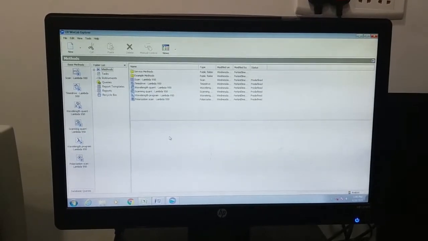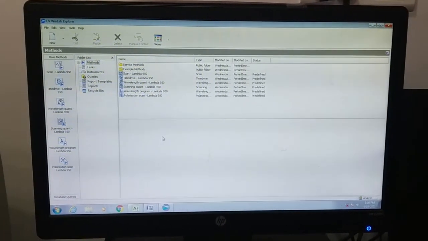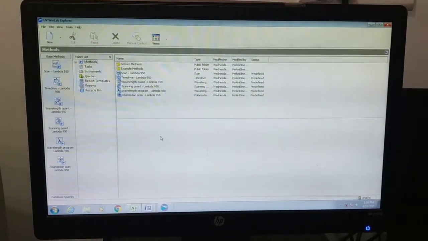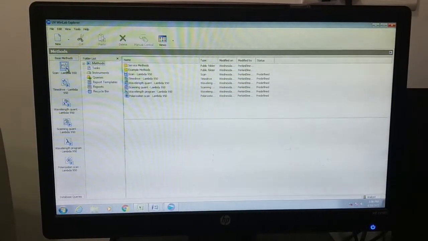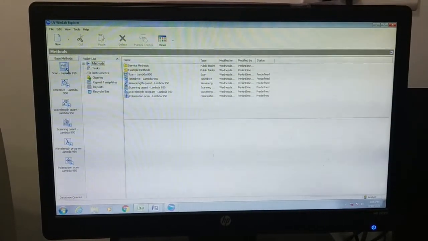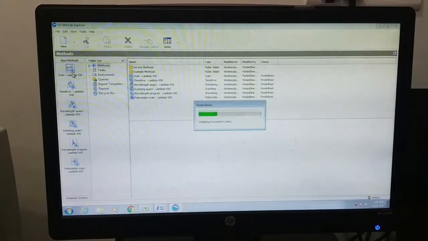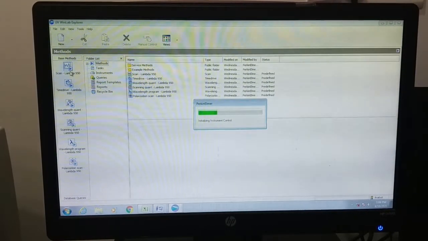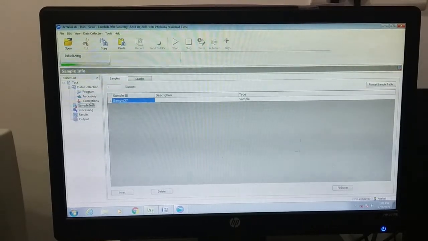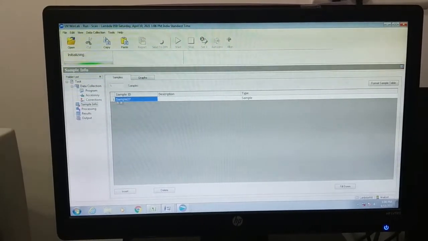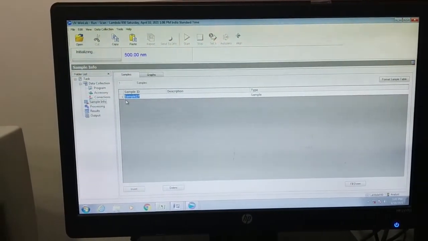Guys, the procedure for doing this experiment is exactly the same as our previous experiment, and in that experiment we only require the transmittance data. For doing this experiment, we first click on this software, which is Scan Lambda 950, then wait for some time. Here, first in the sample info, write the name of the sample, which is pure silica.